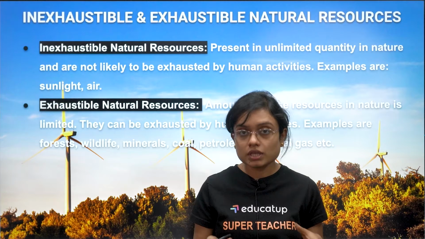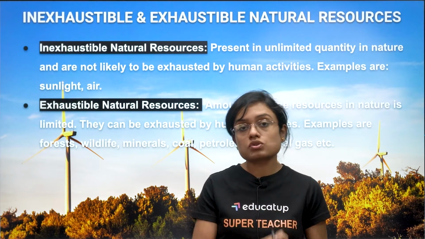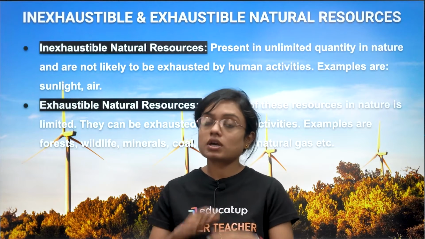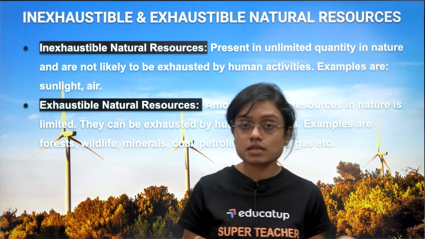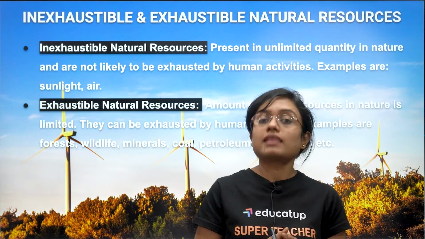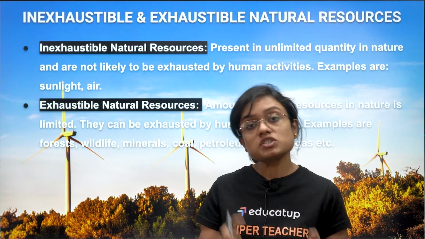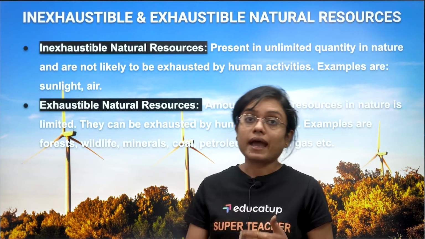वो ख़त्म नहीं होंगी क्योंकि वो काफ़ी ज़्यादा क्वांटिटी में प्रेजेंट हैं. So those resources are known as inexhaustible, जो ख़त्म नहीं होंगी क्योंकि उनकी क्वांटिटी बहुत ज़्यादा है. ह्यूमंस कितना भी यूज़ करें, they will not be finished off. For example sunlight, air, these are inexhaustible, and the resources which are present in limited quantity and they can be